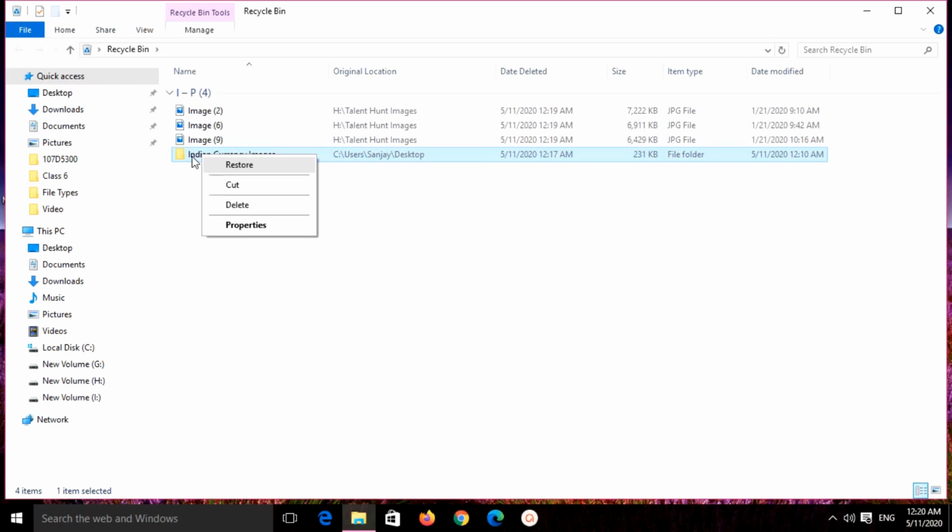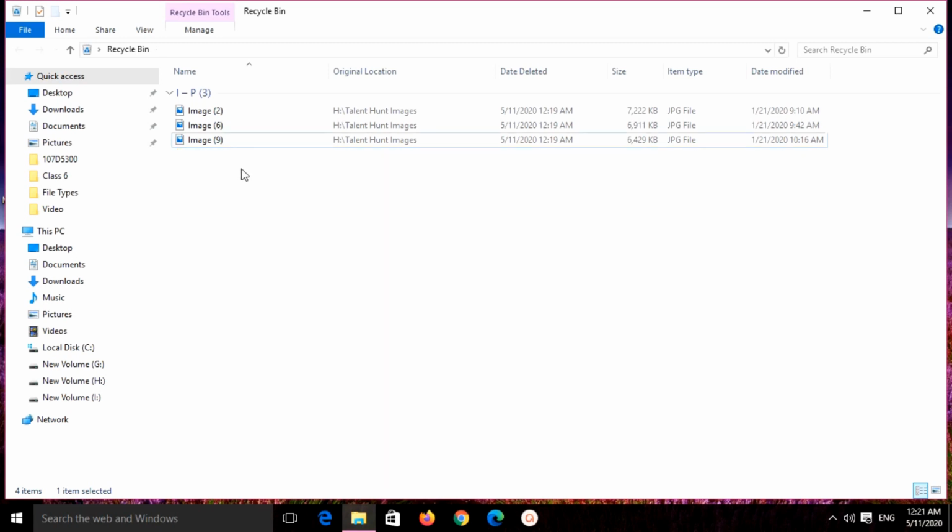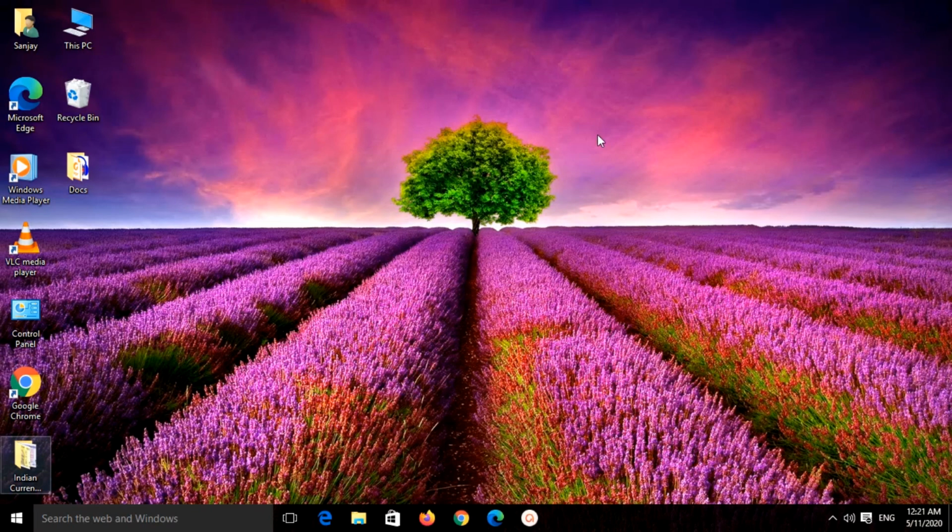So I will right click, one left click on restore. Now from the recycle bin, it disappears. So where should it go? It should go to the desktop screen. So let us see. I will close this recycle bin, and here if you see, your folder has come on the desktop screen. Here it is.